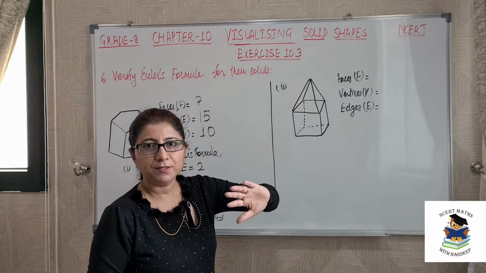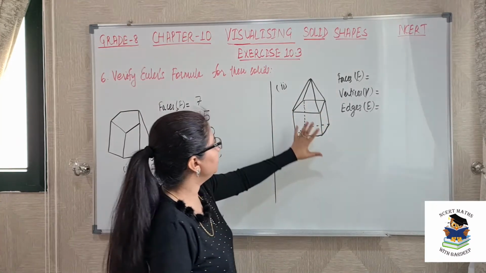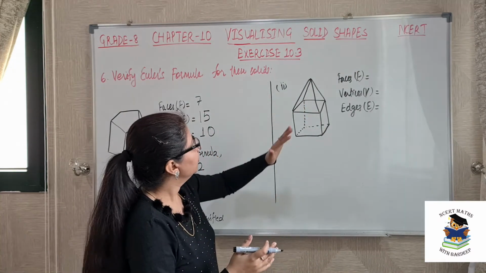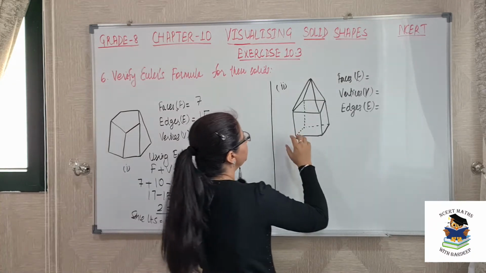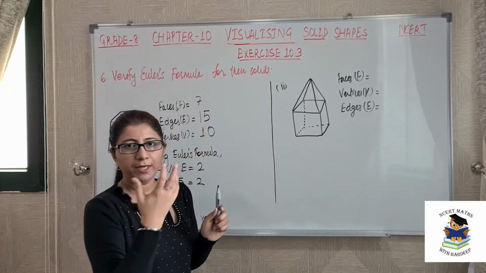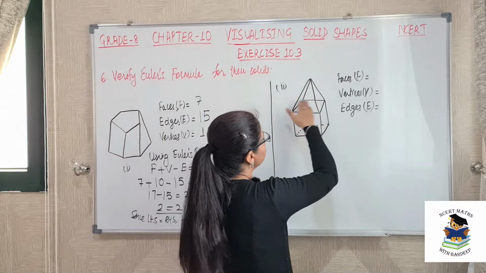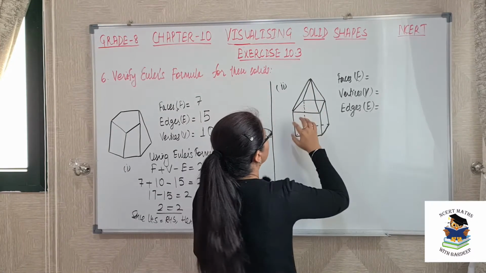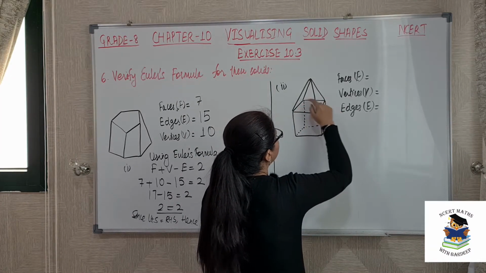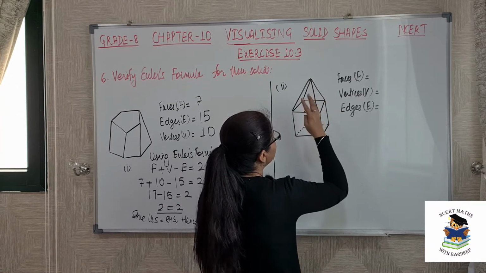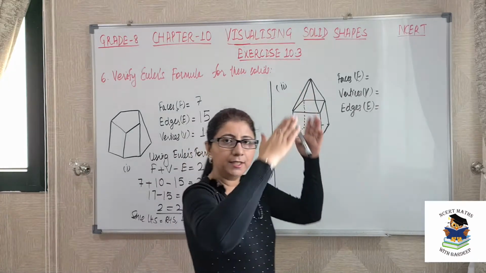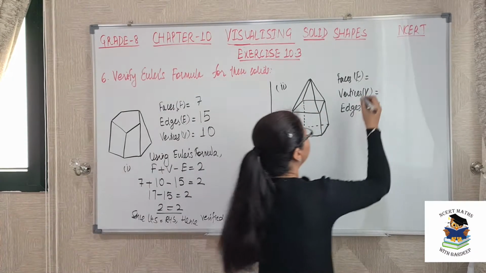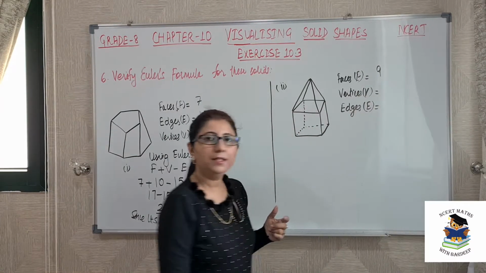Again, number of faces. So number of faces we can see this is a cube and above that it is a pyramid. So we can see that how many faces of a cube? We have 6 faces, but since this face is now surmounted by a pyramid, so we will not include this. So 5 from this side and how many edges from this side? Square has 4. So 4 triangles will go up. So 5 plus 4 it is 9. So number of faces are 9.